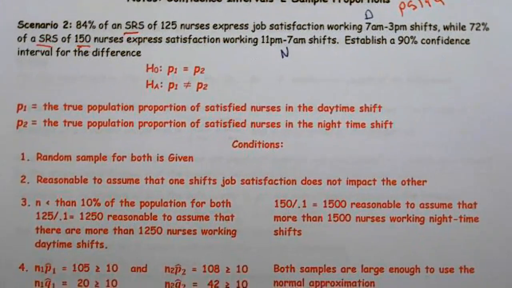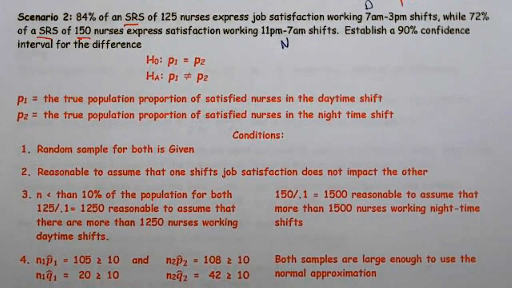And it's reasonable to assume that one shift's job satisfaction does not impact the others. So that means we have 2 independent random samples. And we need to check the sample size to make sure it's less than 10%. So 125 divided by 0.1 is 1250. Reasonable to assume